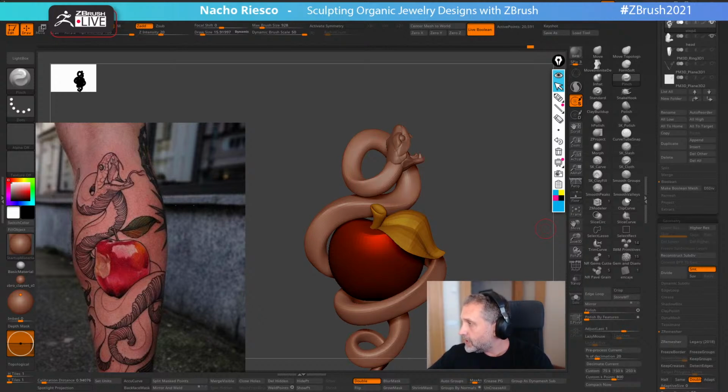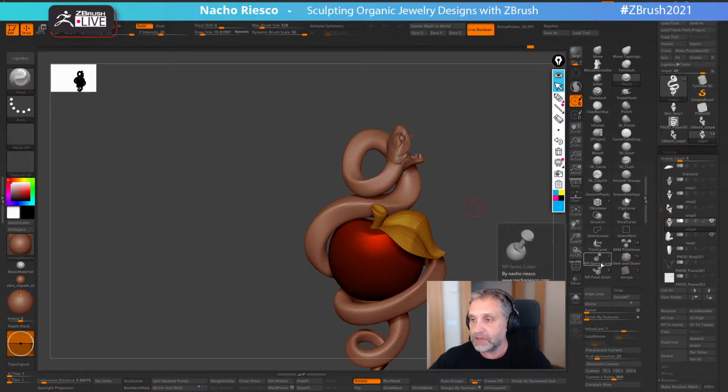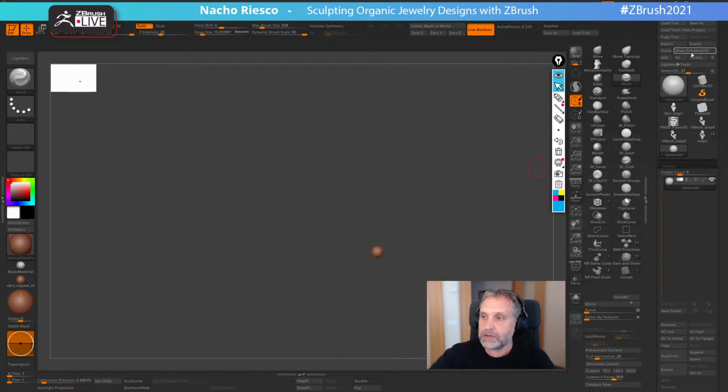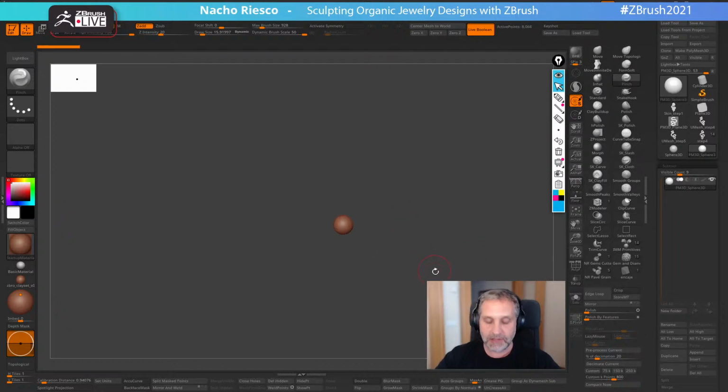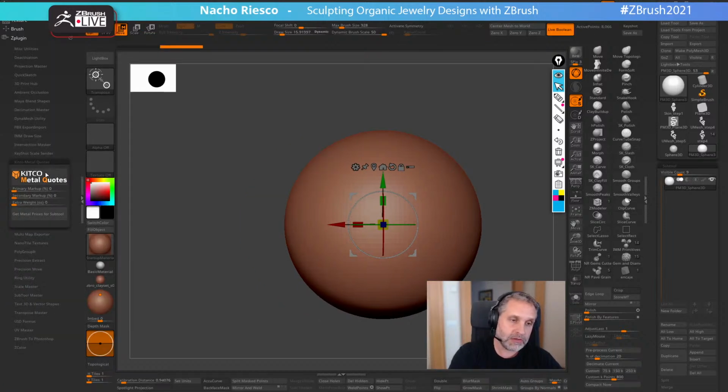How can we calculate the volume of an imported mesh from CAD software? The same thing with the same plugin. Anything you can, for example, if I get a sphere, we convert it into polymesh. Let's make it bigger because this is a very tiny sphere. Anything that you imported inside of ZBrush, you can go to the plugin I was using, the Kitco metal quotes,